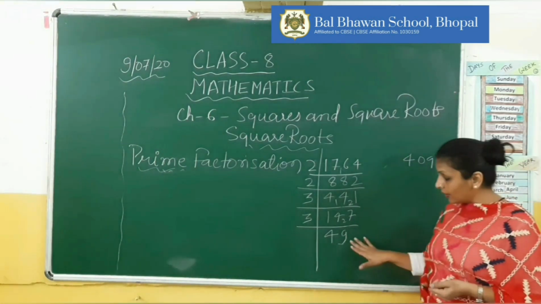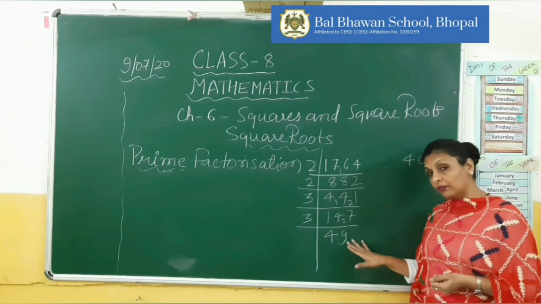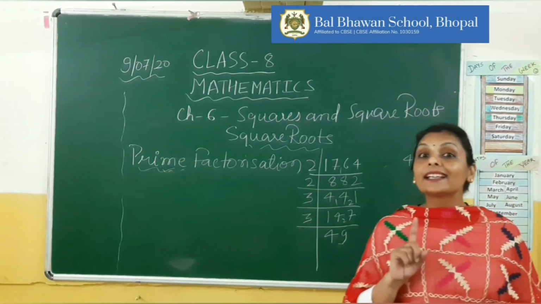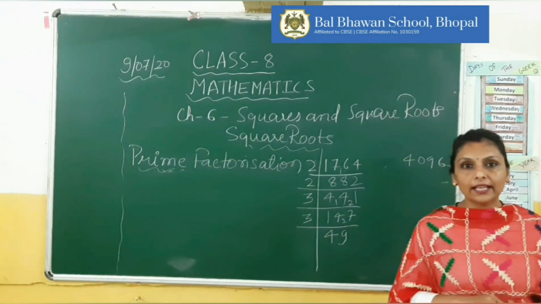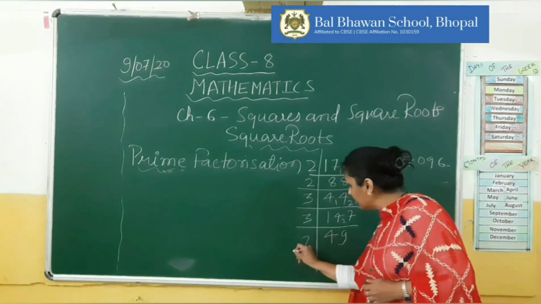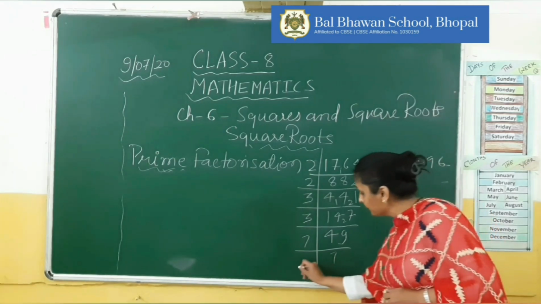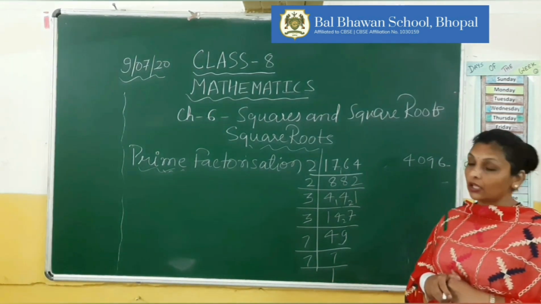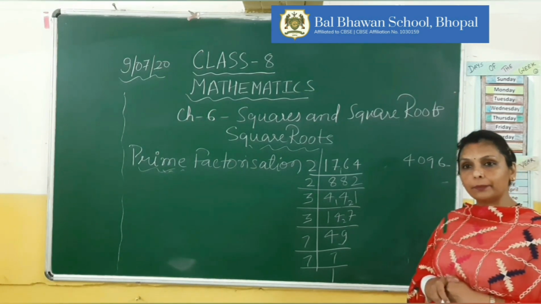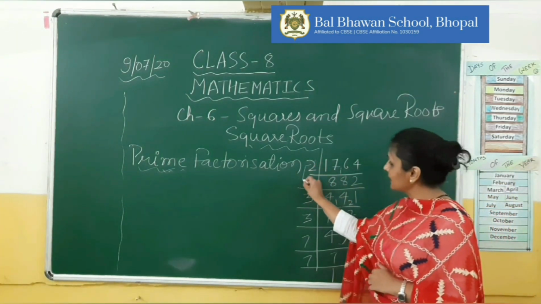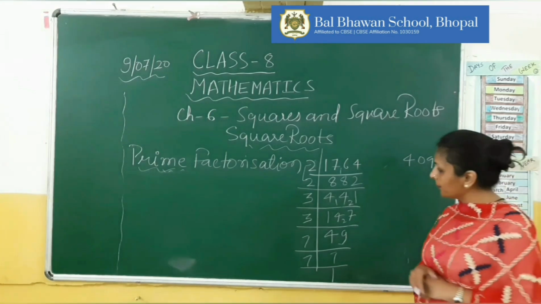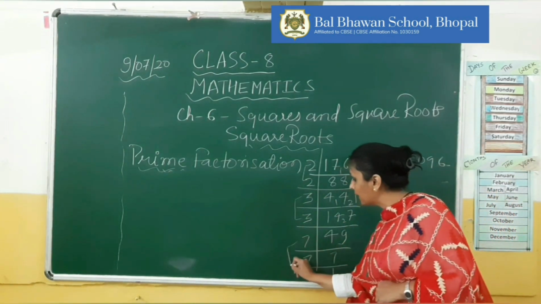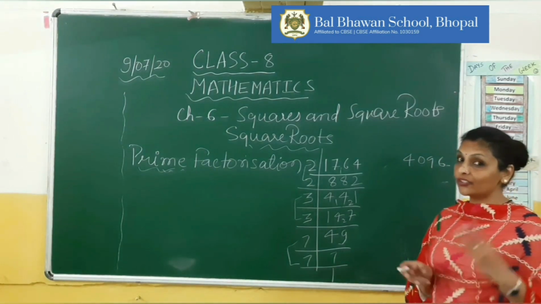Okay? What you got here? You got 49. So by what number we can divide 49? We will divide 49 by 7. You know 7 7s are 49, right? So we take 7 7s are 49 and then at last 7 1s are 7. Now see, are we getting the prime numbers in pairs or not? Yes. This is the first pair of 2, second pair of 3 and third pair of 7. Right? We got 3 pairs.